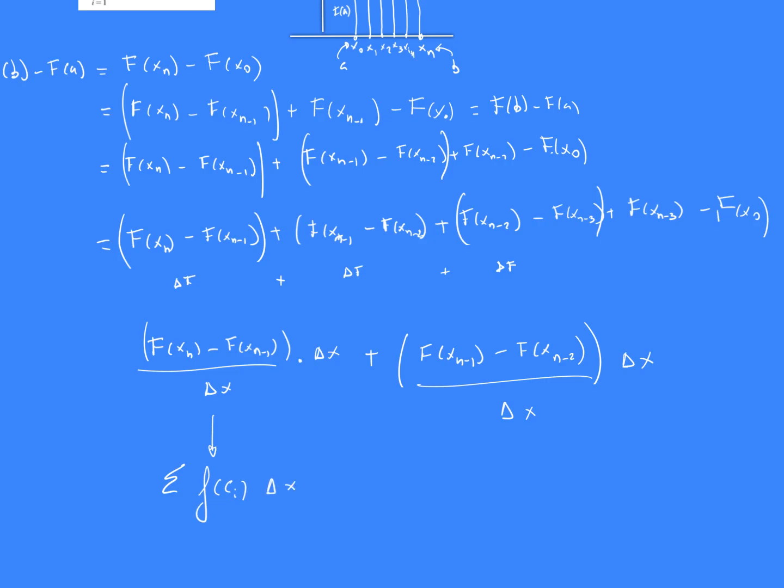And what is the sum of f(c_i) by delta x? This is the Riemann sum. This is the integral of f(x) dx. So what I have proved is that the integral from x equal a to x equal b, the infinite sum, is F(b) minus F(a), being F the antiderivative of little f. Okay, to use the intermediate value theorem, there exists this c_i whose derivative, you know, here